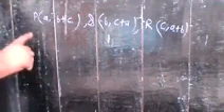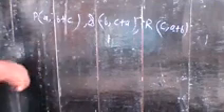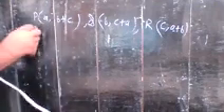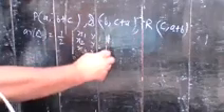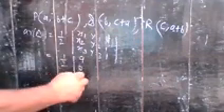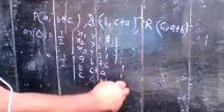When we say that points are collinear, you find the area of triangle PQR, and if its value is 0, then you can say that the points P, Q, R are collinear. So the area of triangle is equal to 1 by 2 times the determinant. Putting the values: a, b, c in the first column, b plus c, c plus a, a plus b in the second column, and the third column is 1, 1, 1.